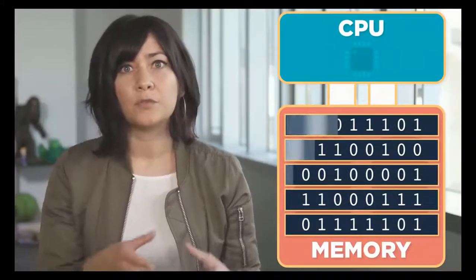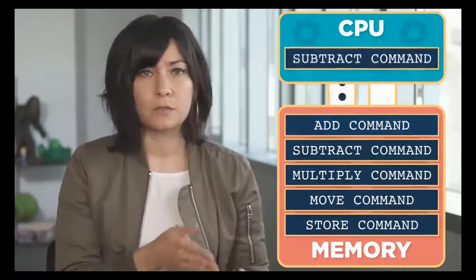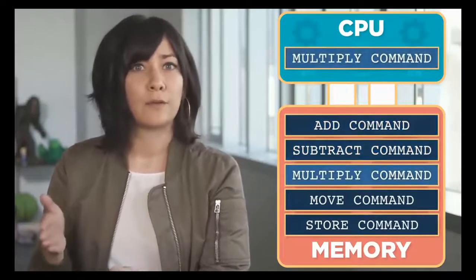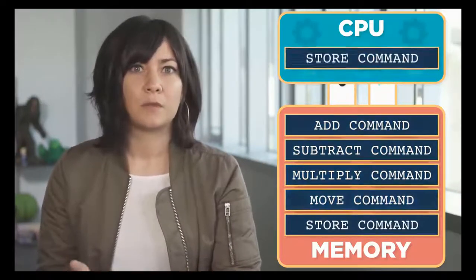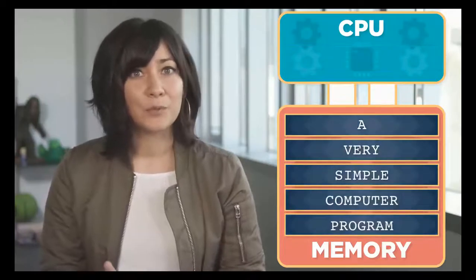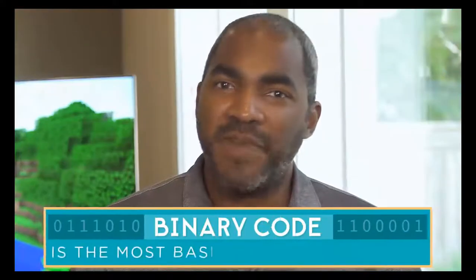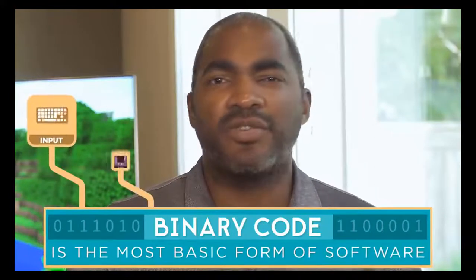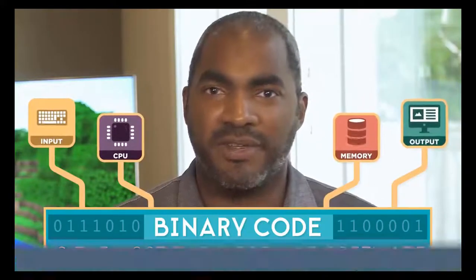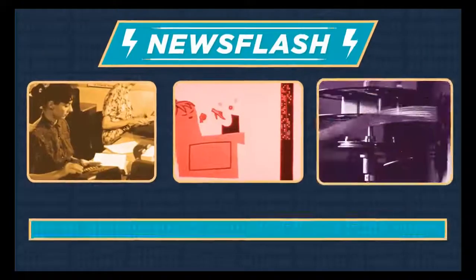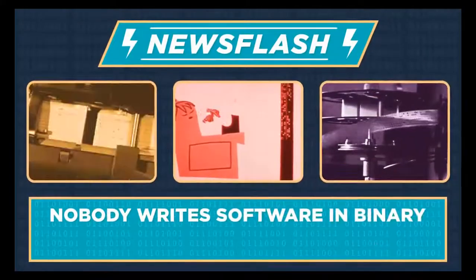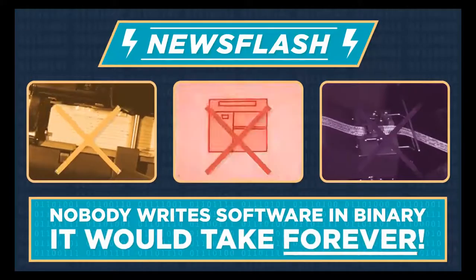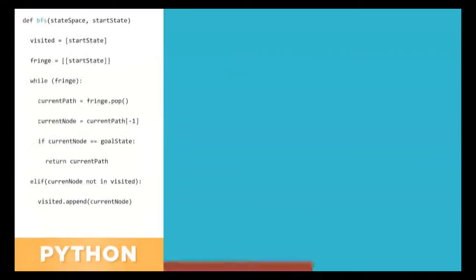The binary commands are stored in memory, and the CPU fetches and executes them in sequence, one after the other. This sequence of commands is in fact a very simple computer program. Binary code is the most basic form of software, and it controls all the hardware of a computer. These days, nobody writes software in binary. It would take forever. Today, the software we write looks more like this, or